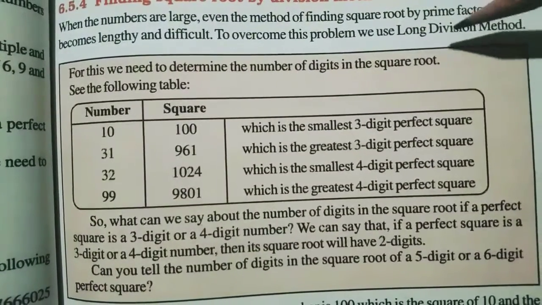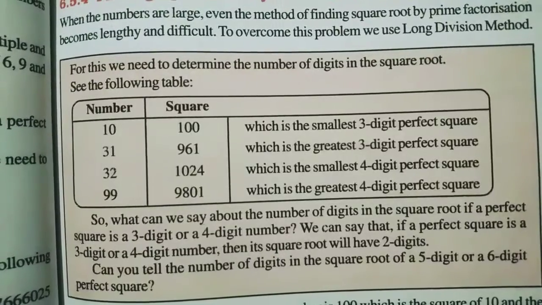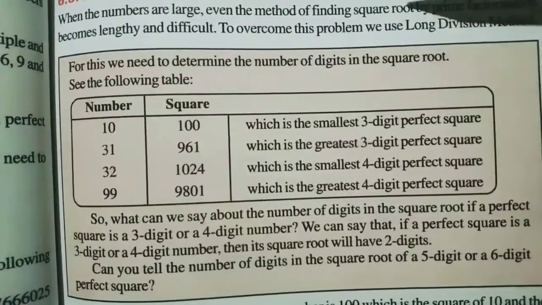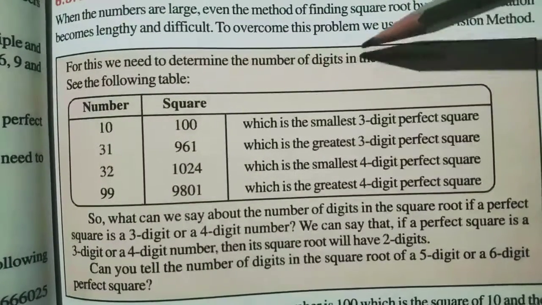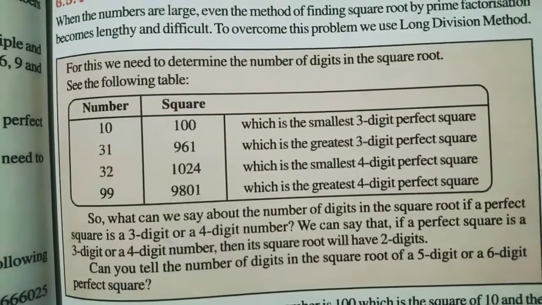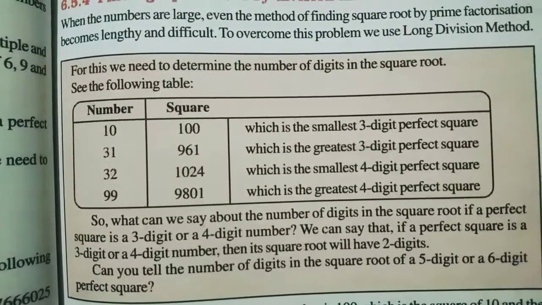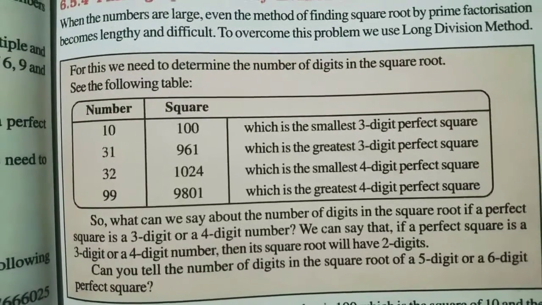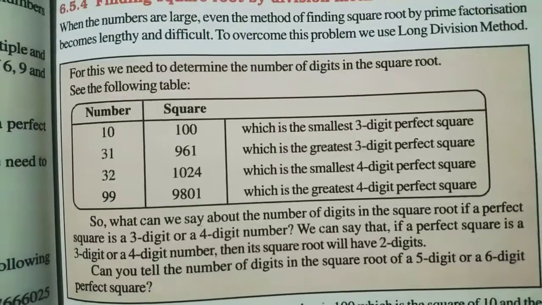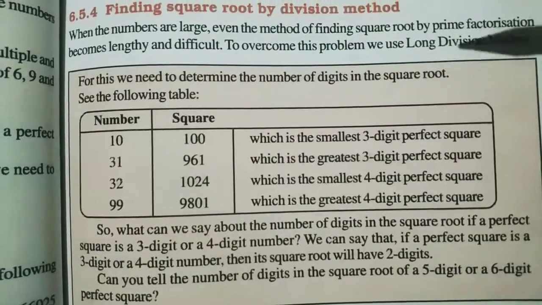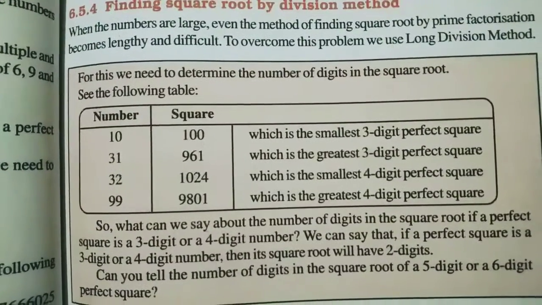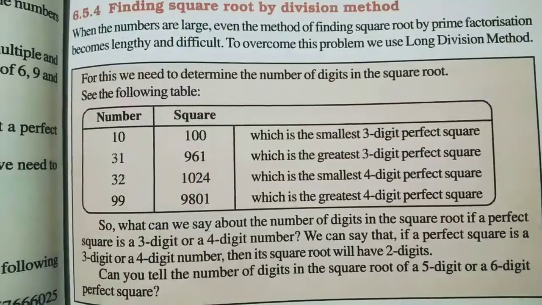Now understanding why the long division method is used for finding the square root of big numbers. Big numbers can be found by this method very easily. That is why I also personally like this method, the long division method. By this method we can find the square root of any number, any long number, big number, even decimal numbers also. By the prime factorization method you cannot find the square root of decimal numbers, but by the long division method you can. Understood? So that's why we'll see the long division method.